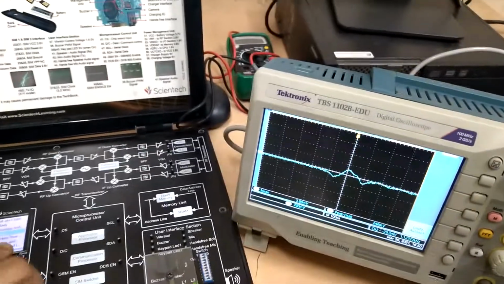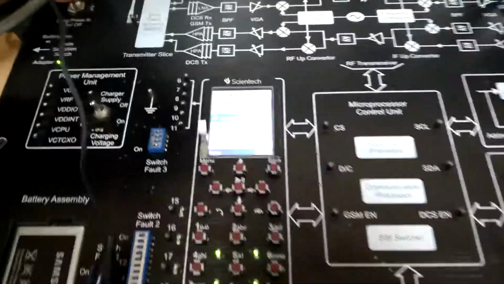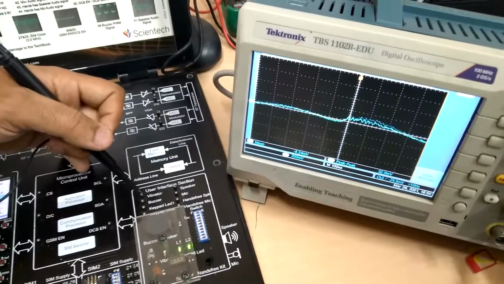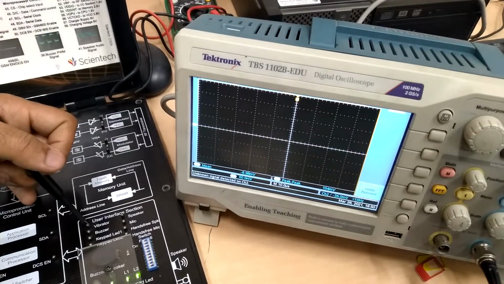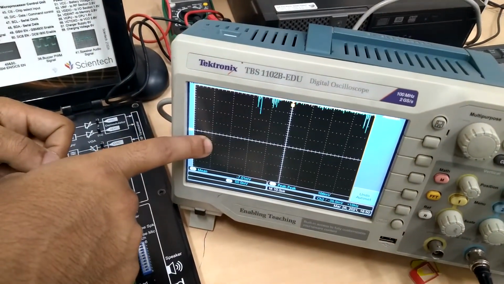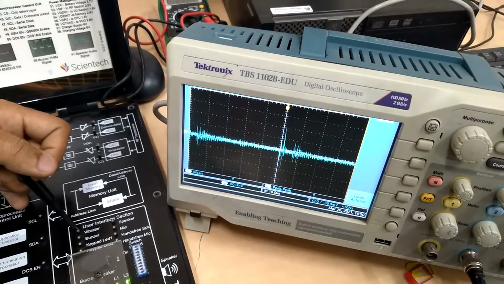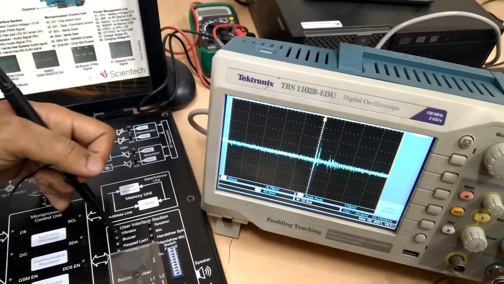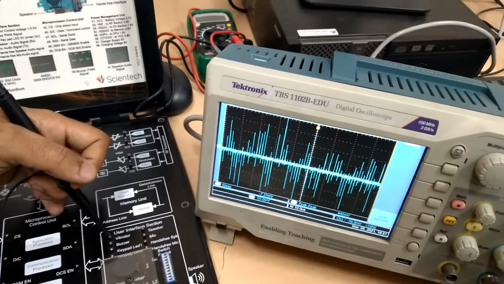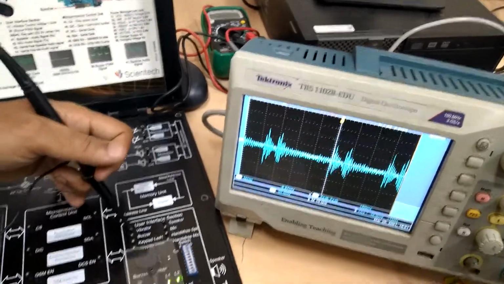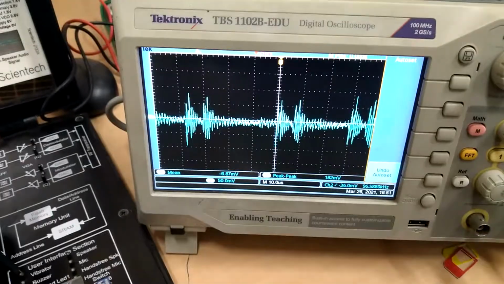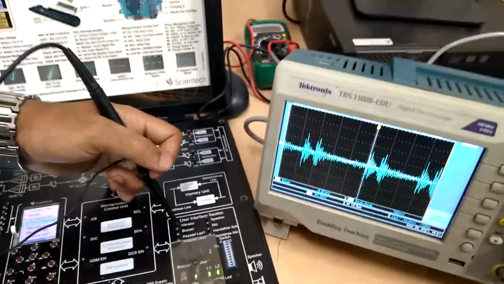So now we will observe the waveform for vibrator. So I have turned on the vibrator. You can see the vibrator is turned on. So you can see the waveform at vibrator. You can see when vibrator is vibrating. See here. Waveform is coming. So basically it is a DC voltage because the vibrator is getting some 5 volt, 2 volt, 1.3 volt for different speeds. So you can observe the waveform at vibrator point. So likewise we have to observe the different points.